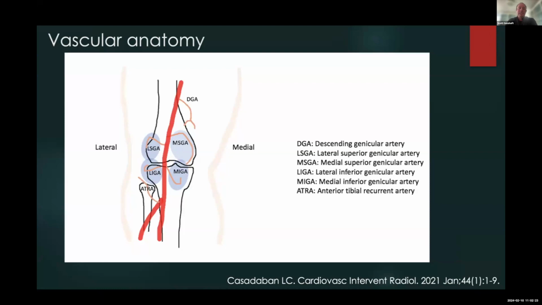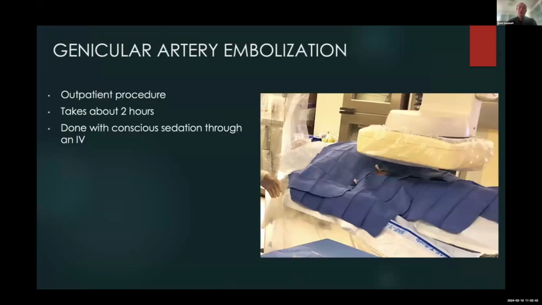And this is just the anatomy of the knee joint. Now, I can tell you, vascular anatomy is generally not predictable. So these are the vessels that you will see, but it's variable if you'll see them in every case that you perform. As a result, there's a whole number of diagnostic methods we employ in order to work up which vessels we're going to treat.